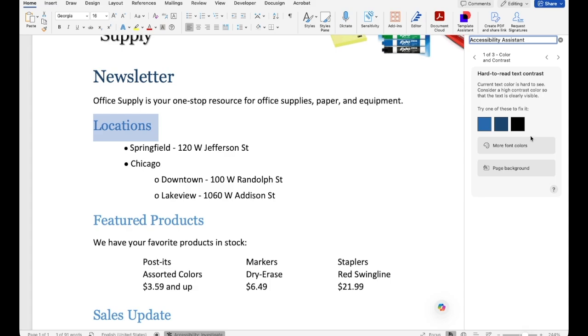this is about the color contrast, and these 3 items are all like headings number 2, and the color of the current heading number 2 is not strong enough. The contrast is not strong enough, so this accessibility checker is giving me 3 better options. So I can choose any of these colors instead of this light blue, so that these fonts can be read better